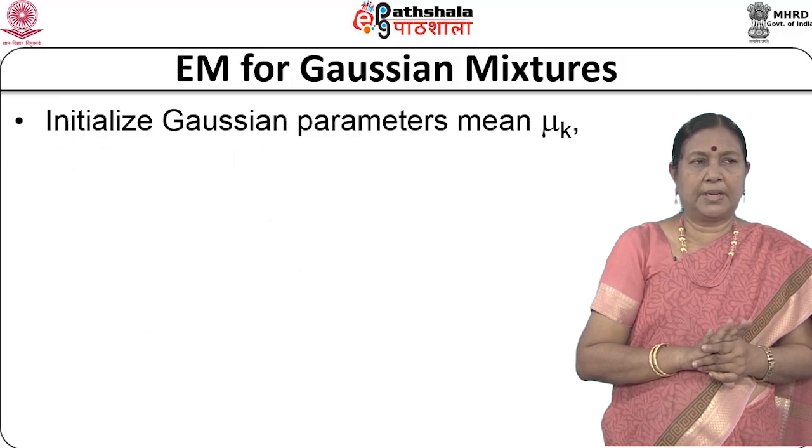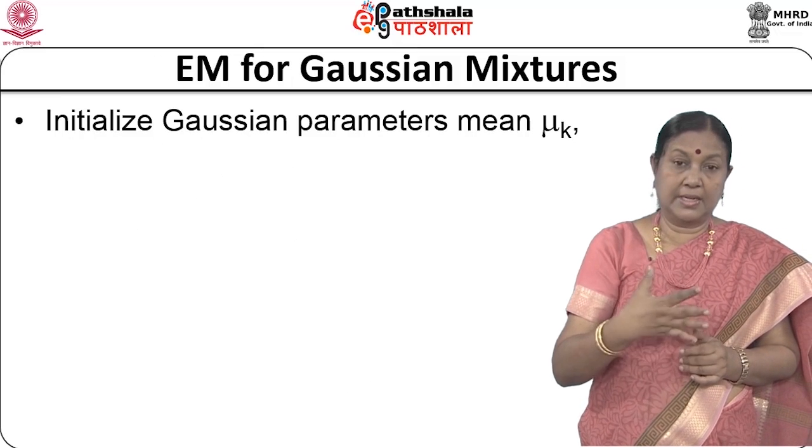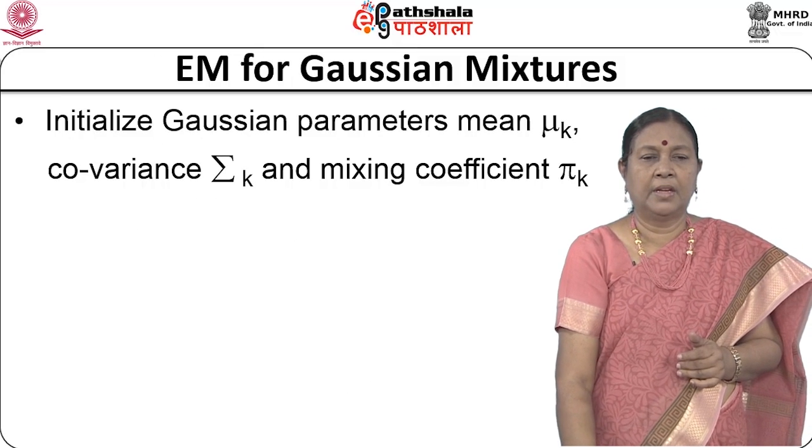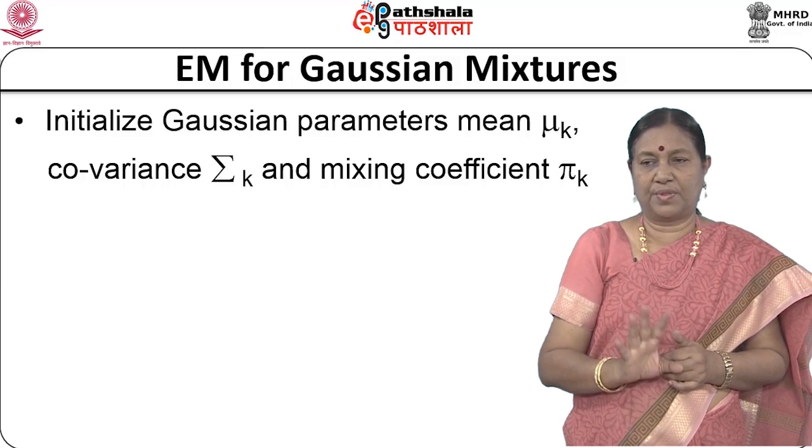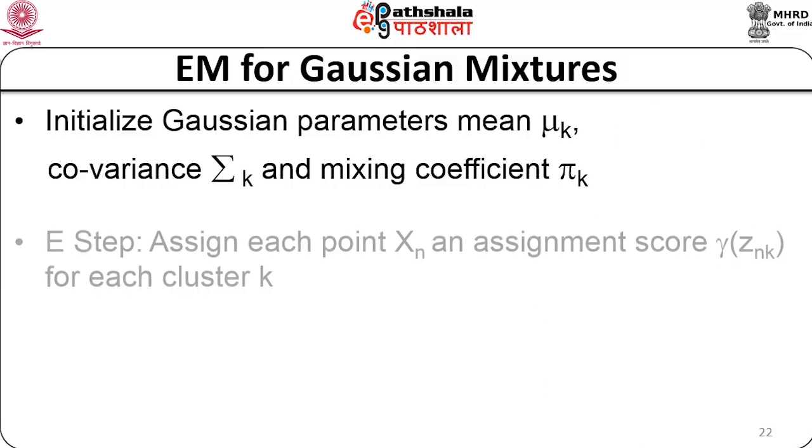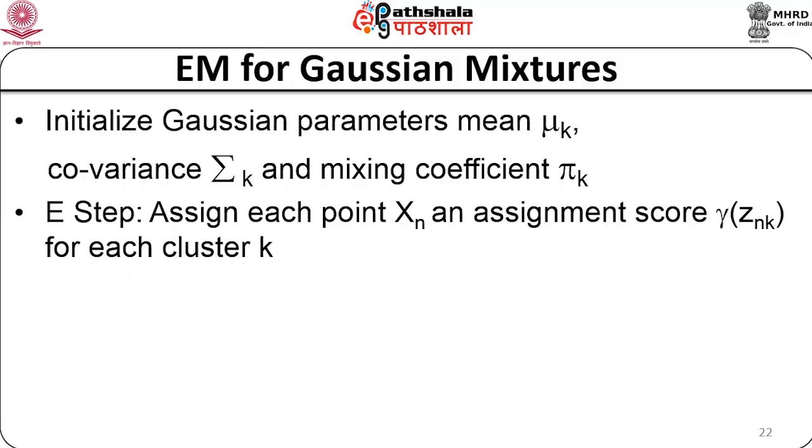Initialize the Gaussian parameters: the mean mu k, the covariance and the mixing coefficient. You just initialize those values. The initial step is you are guessing, like how we guessed QA and QB in the coin toss. Here we are just assuming these are the Gaussians; you can't just do it randomly, it is better to make an educated guess. So, in each step, given the data value, you assign it to each of the Gaussians